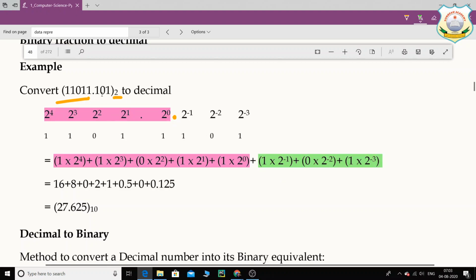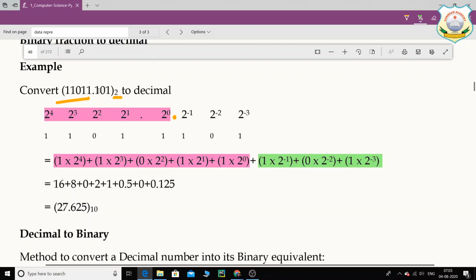Plus, what is the next number? That is 0. Can you see the 0? 1, 0, 1, right? So 1 into 2 raised to minus 1, and then 0 into 2 raised to minus 2. So this is 1 by 2 raised to 2, and anyway that is into 0, so it will not make any difference. Okay, so this will be 0.25,